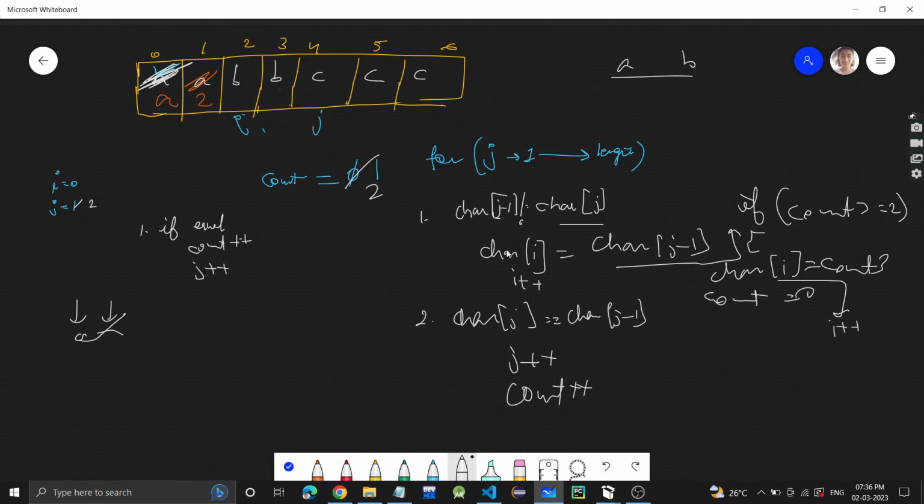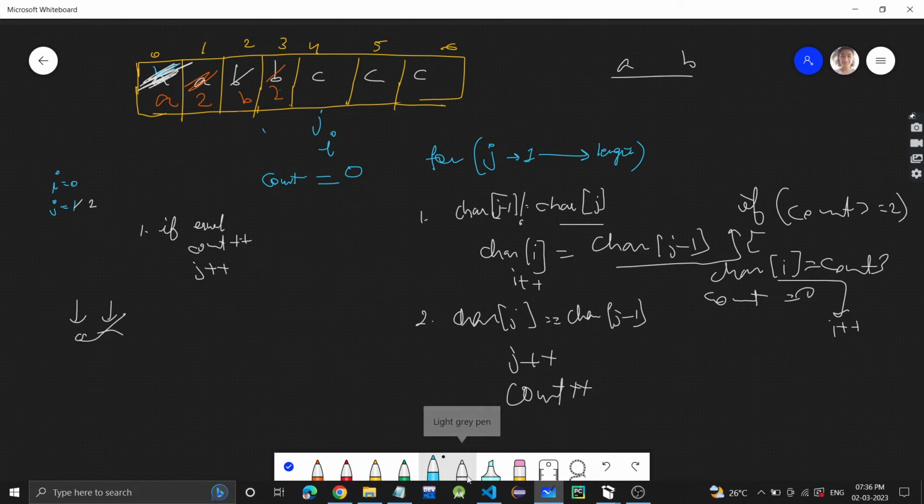Now what we will do, we will store the previous character into character of I. So here the previous character is b, right? B will get stored, and since b's count is 2, which is greater than or equal to 2, count will also get stored. So I will come here, and here the count will get stored, which is 2, and I will increment. Okay, now at last we will initialize count to 0, because it's the start of a new character, C.